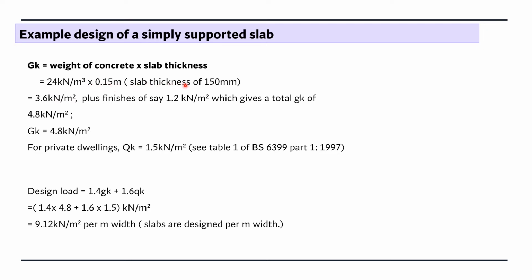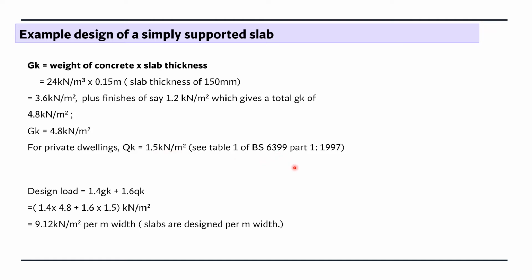0.15 is referred to as the thickness of the slab, which further gives us 3.6 kN per meter square. So when we add finishes of say 1.2, it gives us a total Gk of 4.8 kN per meter square. So Gk is estimated as 4.8 kN per meter square. Now for private dwellings, Qk is equal to 1.5 kN per meter square, see table 1 of